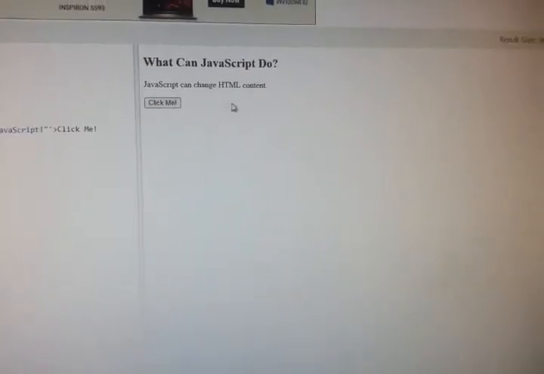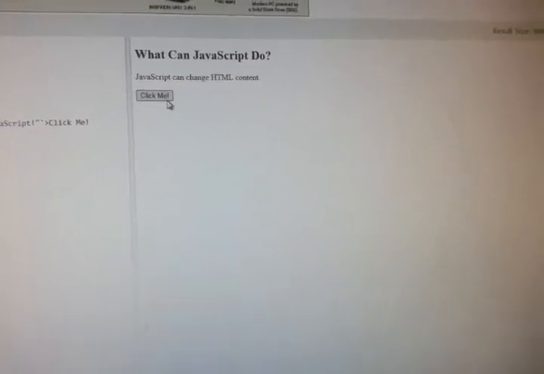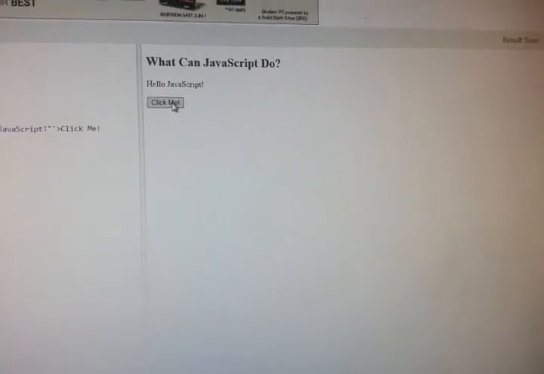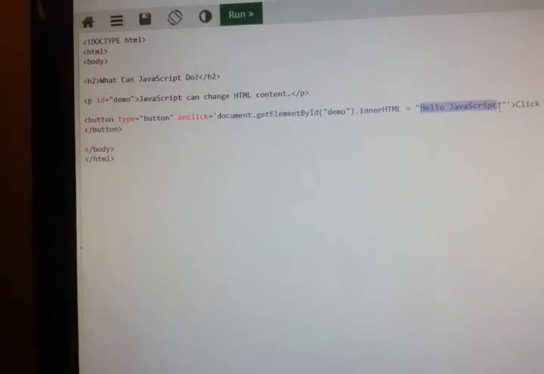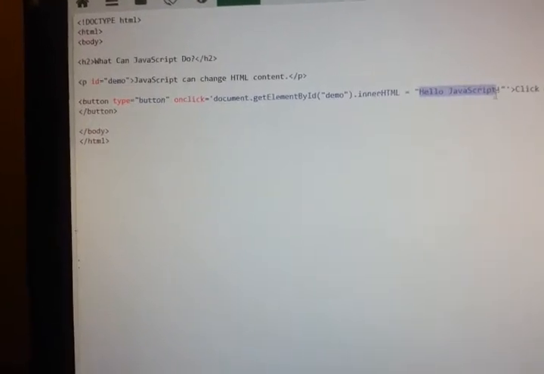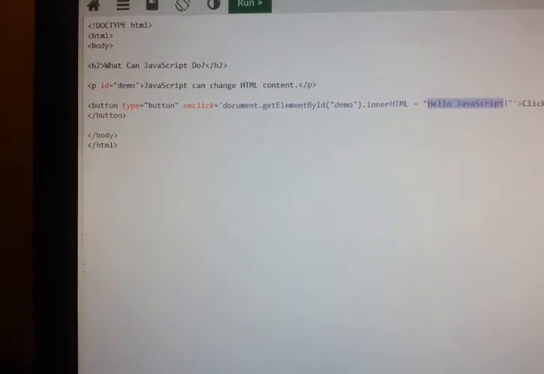If I run again, in place of the paragraph I will get my content Hello JavaScript, which is what I have written here. Now we will see in depth about JavaScript.